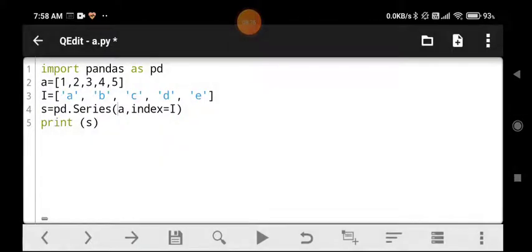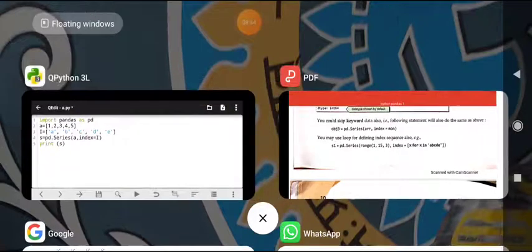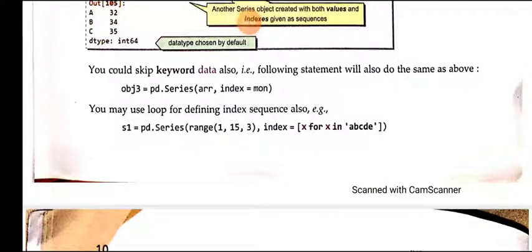So students, it is not mandatory to write data is equal to the data. We can also write just the variable name or the sequence which we are using. You may use a loop for defining index sequences also.